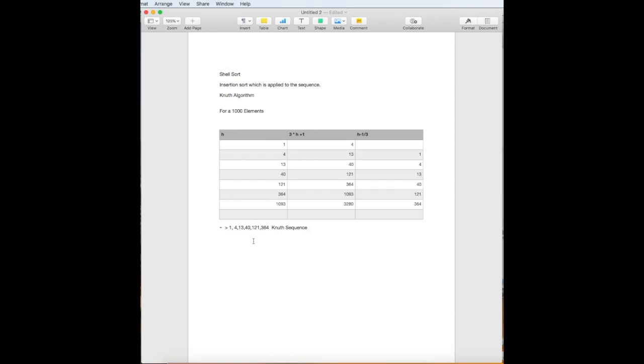So let's see how we apply this sequence to 200 elements in an array. If I have to find out a Knuth sequence for a 200-element array, what is going to be my element? I'm going to apply 1, 4, 13 and 40. Every 40th element I have to start